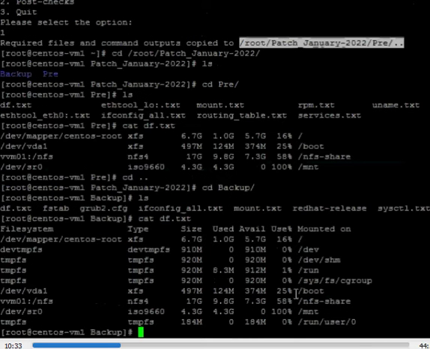Here you can see I have taken everything, the tmpfs, the devtmpfs, so everything is there. So in case you feel that in the pre-checks and post-checks one file system is missing, then you can refer to the backup file.